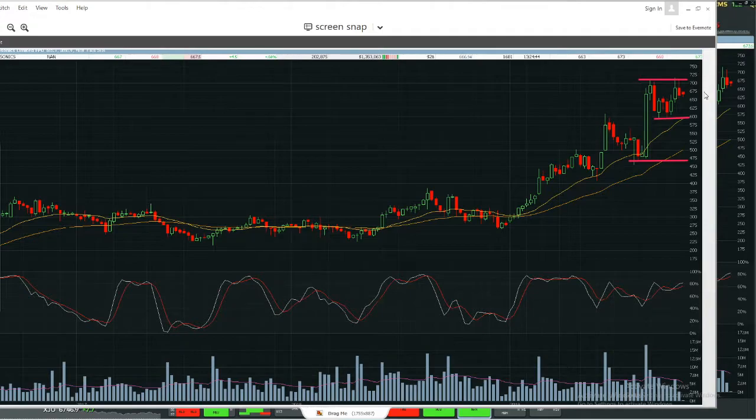So if this consolidates up here on the weekly, it's a good sign of strength. But at the moment, what it could be doing, when you don't get through the high, you fail at a high, you're going to retest the previous high low. As simple as that. So if this market starts to head south and your idea is that it's going to press down to 6 again, we're just going to sit and watch it. But if that's the move up, and we do this kind of thing...